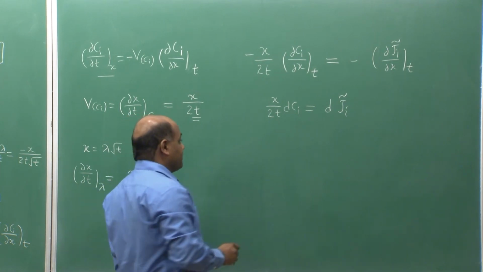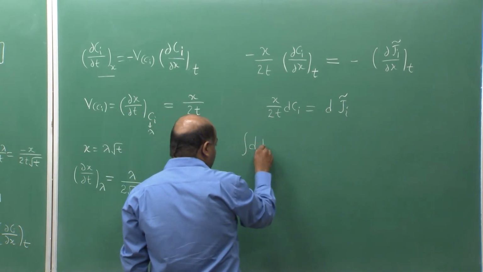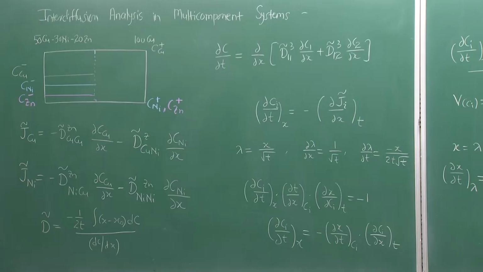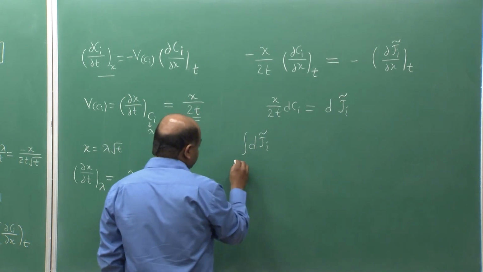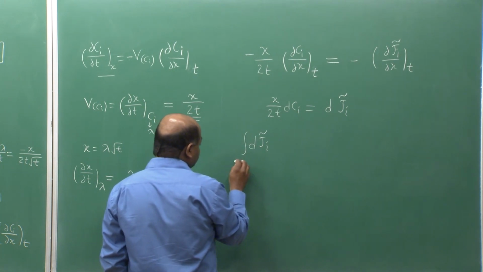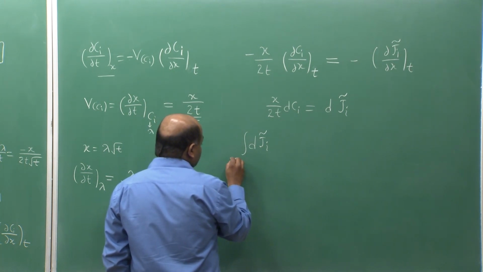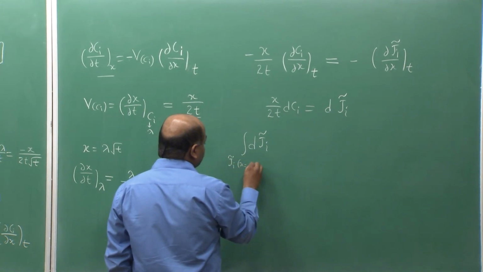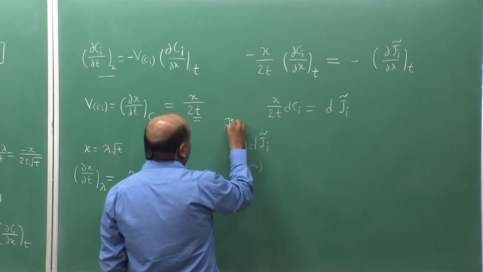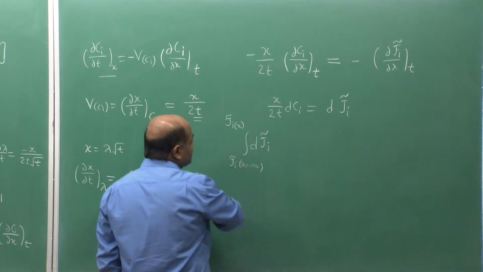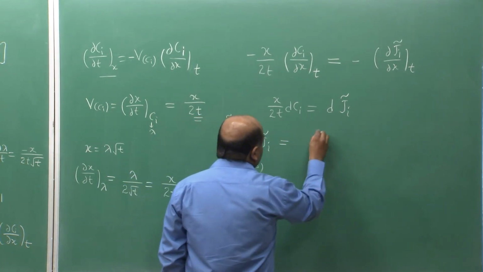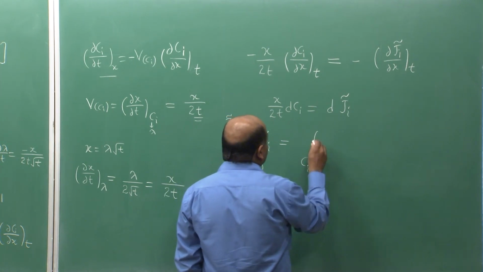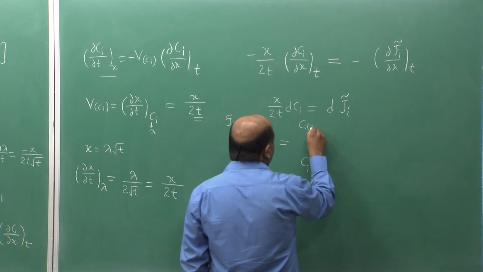Now, if we integrate both sides from the left terminal to the desired x, we get Ji tilde at x equal to minus infinity to Ji tilde at x should be equal to the integral of Ci at minus infinity, Ci minus, to Ci at x,